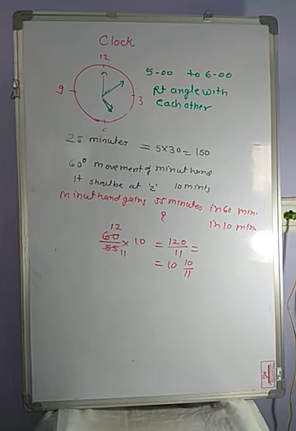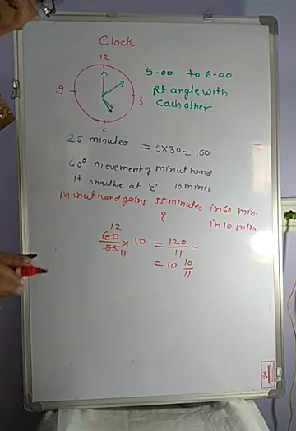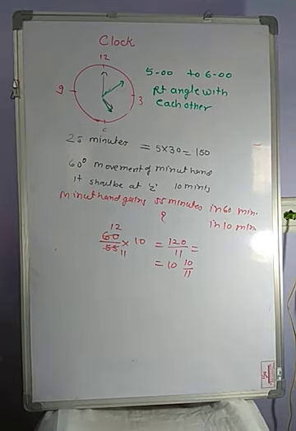As the minute hand moves 10 by 11 minutes ahead, our hand will move 5 by 11 minutes ahead. Again, as that is added, suppose the minute hand 5 by 11 minutes, again our hand will move ahead by half the degrees, and therefore we take this much angle